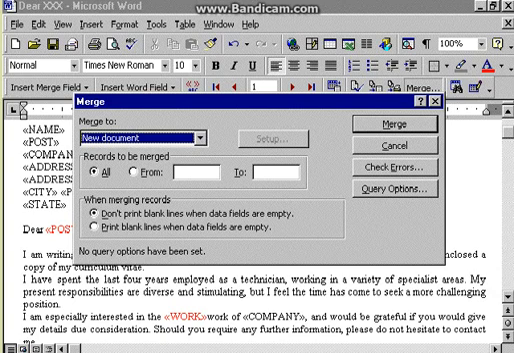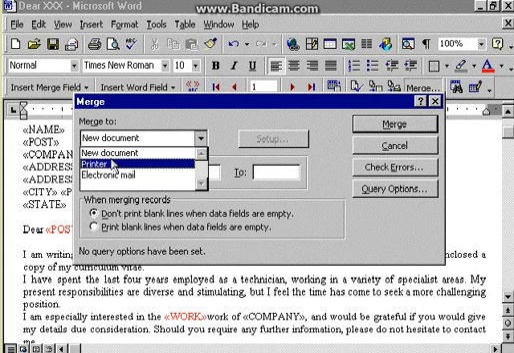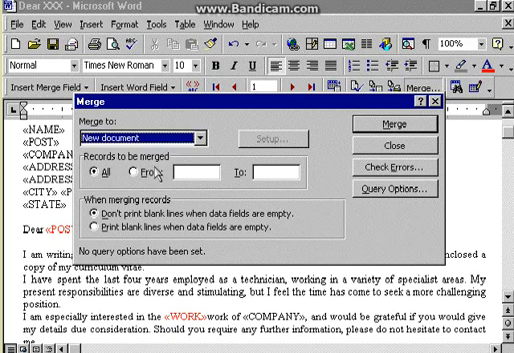This opens my Merge dialog box, and again, I've got the same options as when I was looking at those buttons. I can merge to a new document, merge directly to the printer, or I've got the third option here of merging email. I can choose which records I'm going to merge, all of them or only a selection of records, and I have two options